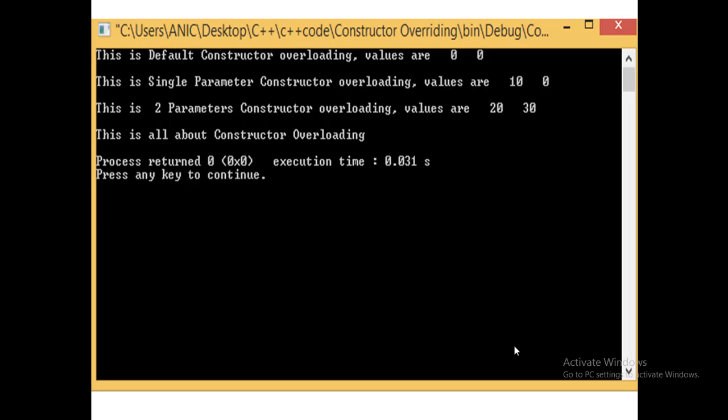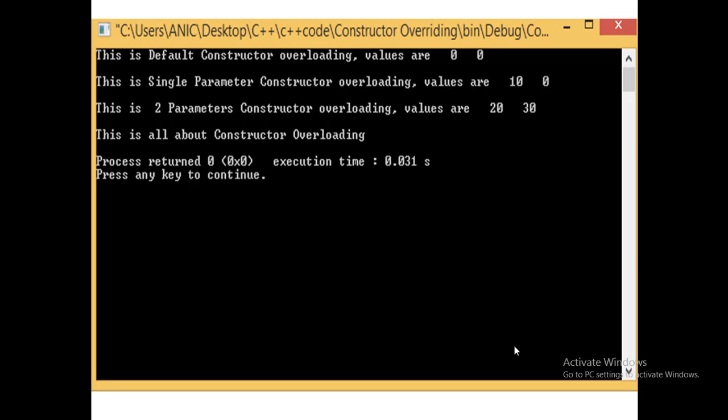First we call the default constructor, and it shows the print statement that we defined under the default constructor. That is, this is the default constructor and the values are 0 and 0, because we initialize A and B as 0 in the default constructor. In the one-parameter constructor, we pass only one value, that is 10, so the other value would be 0.